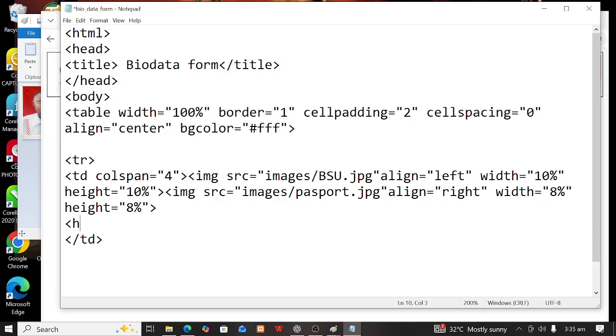head 1, or let me use head 2. Then I will have Intercontinental College of, or since you are using the BSU logo, let's use the name, please. Let's use Benue State University. It's for that one now. Let's use this one. Then we'll put H2, and then